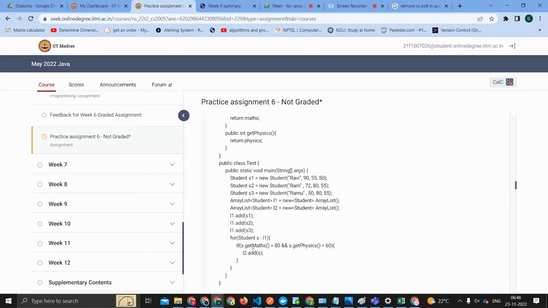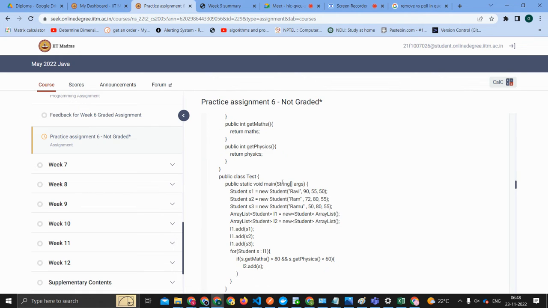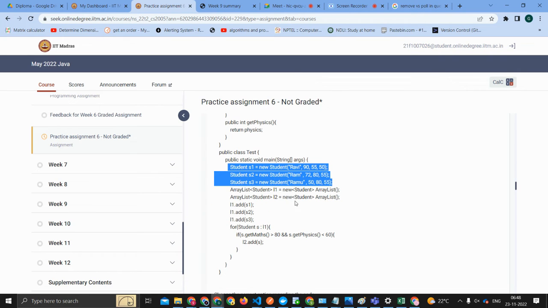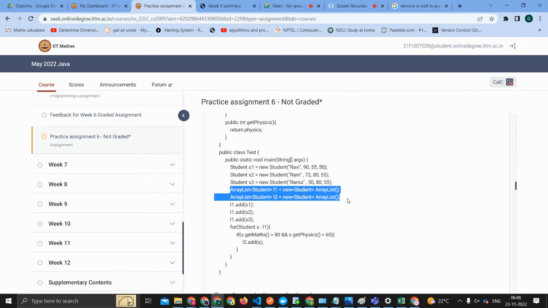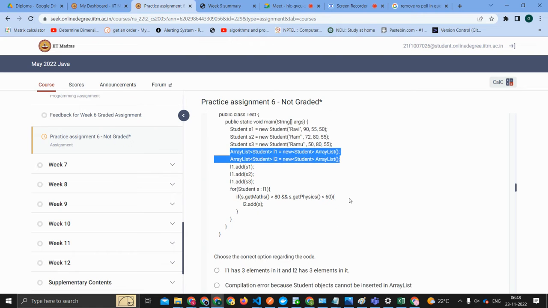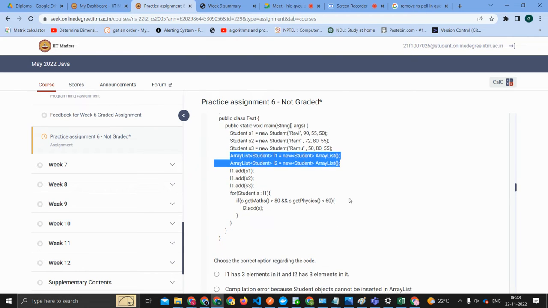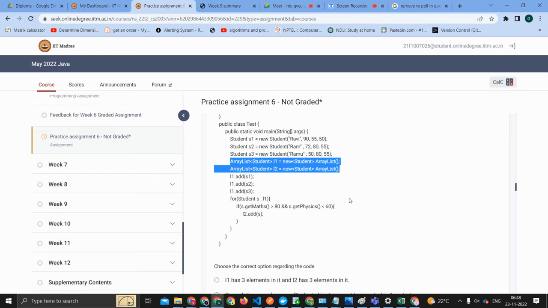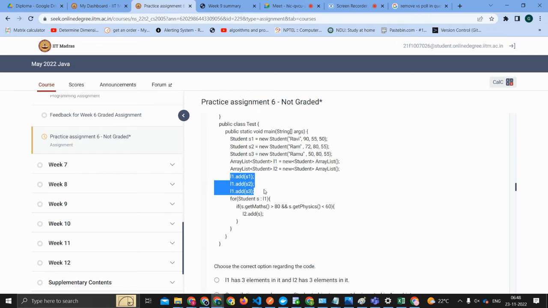So we have this public class Test where we have created multiple objects of Student: S1, S2, S3, and array lists. First, we have created the L1 array list, then we have created the L2 array list, which is of Student type. Now we add L1.add(S1), L1.add(S2), L1.add(S3), and now